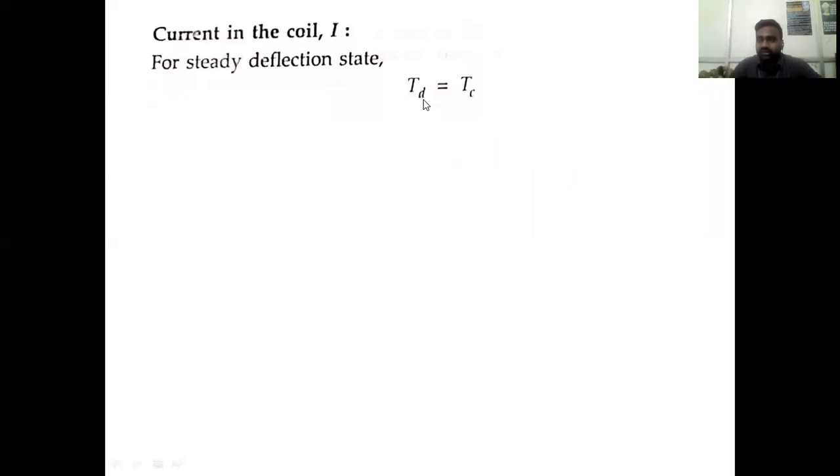That means whenever the pointer needle reaches from the initial value to a value, after reading say 5 amperes or 10 volts, whatever the current or voltage rating may be, both torques will be at the equilibrium position. The deflection torque acts in the clockwise direction and the controlling torque acts in the counterclockwise direction. That instant is called the equilibrium condition or steady state deflection condition.